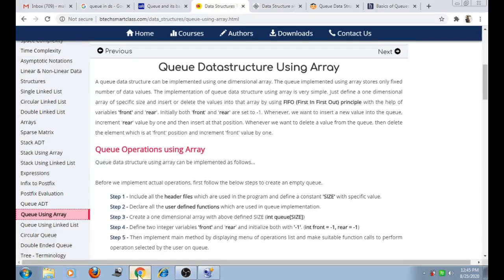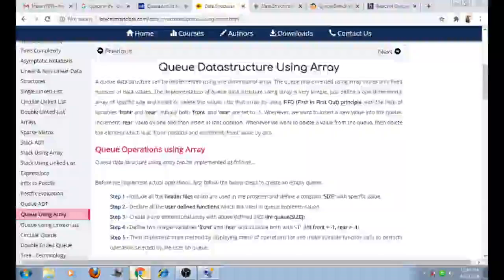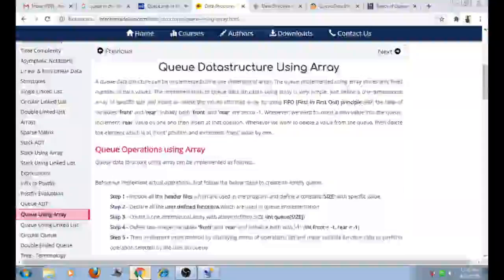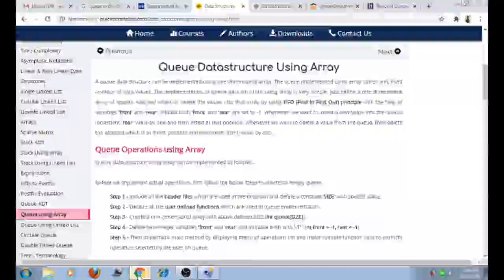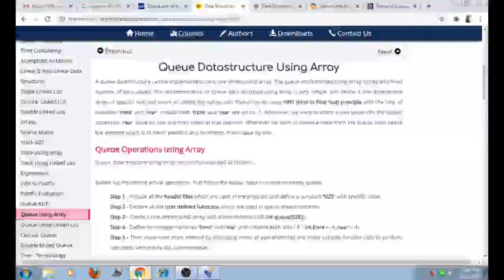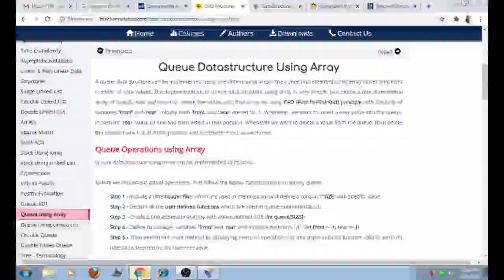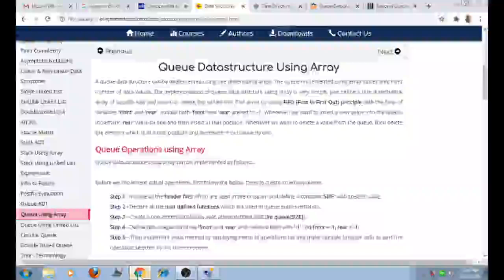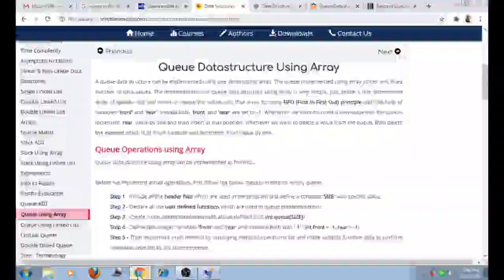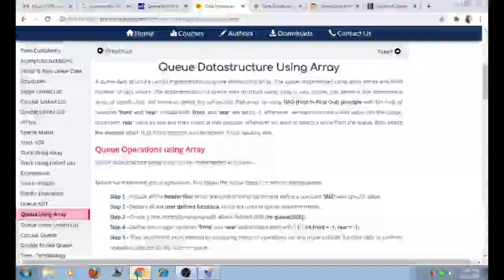In the previous lecture we had seen the definition and concept of queue and how to represent the queue. So friend, what is a queue? A queue is also an abstract data type or a linear data structure, just like the stack data structure, in which the first element is inserted from one end called the rear, also called tail, and removal of an existing element takes place from the other end called the front, also called head.